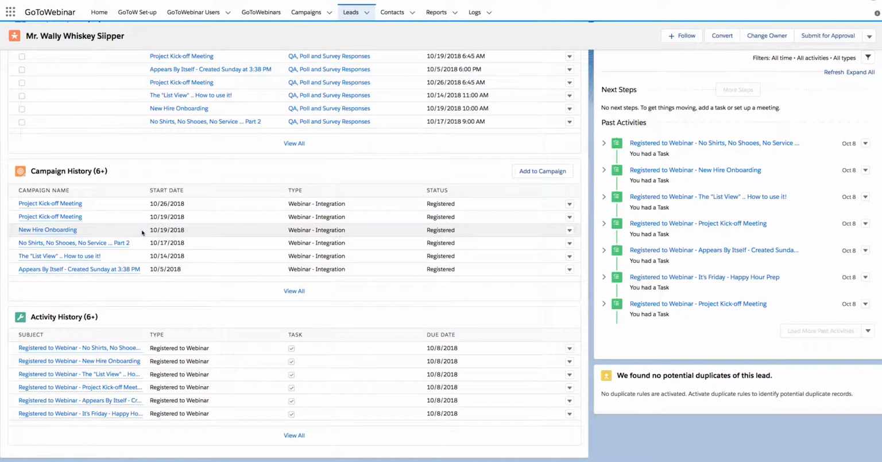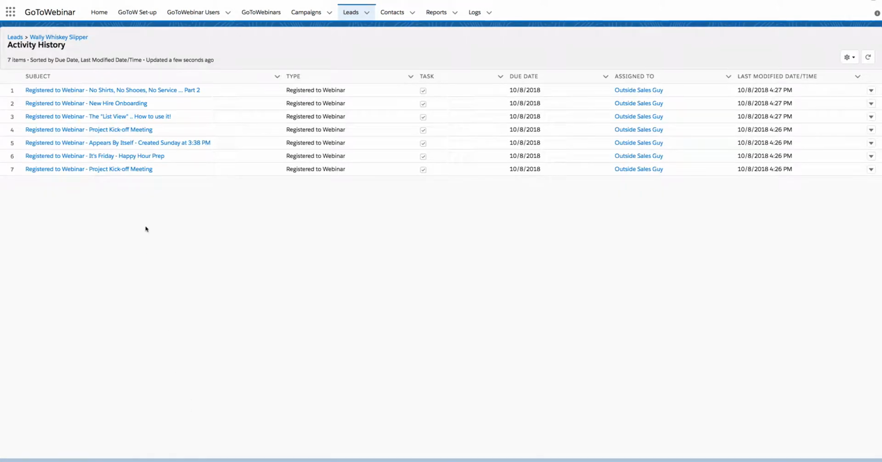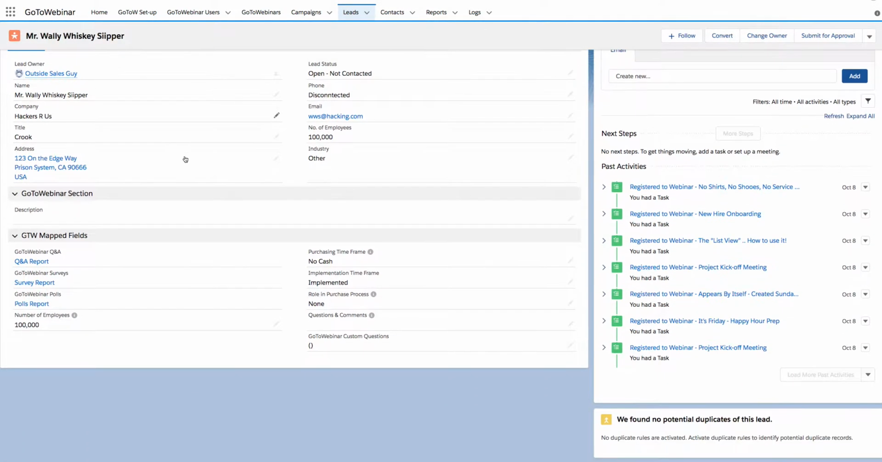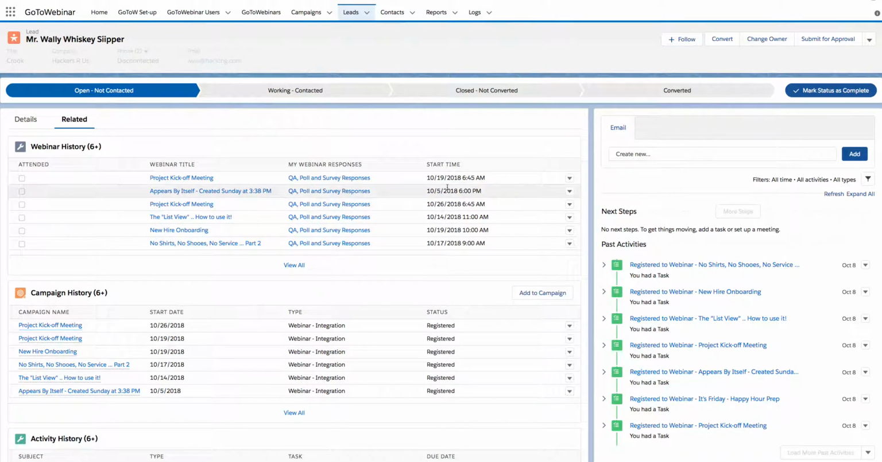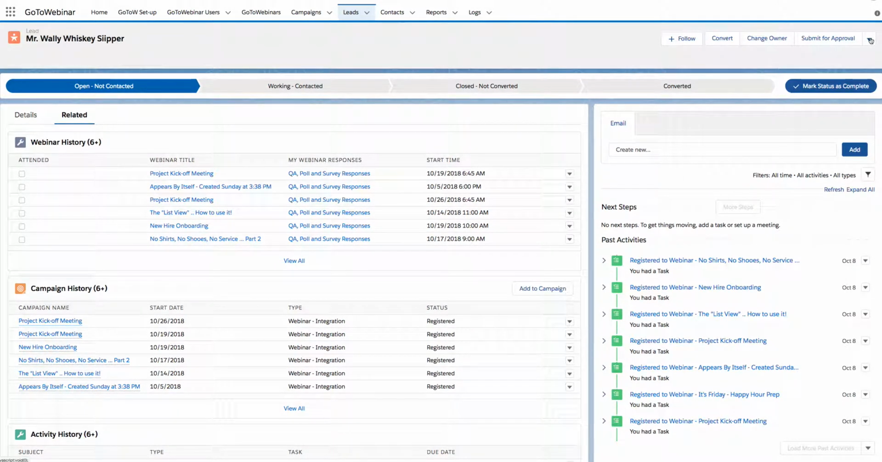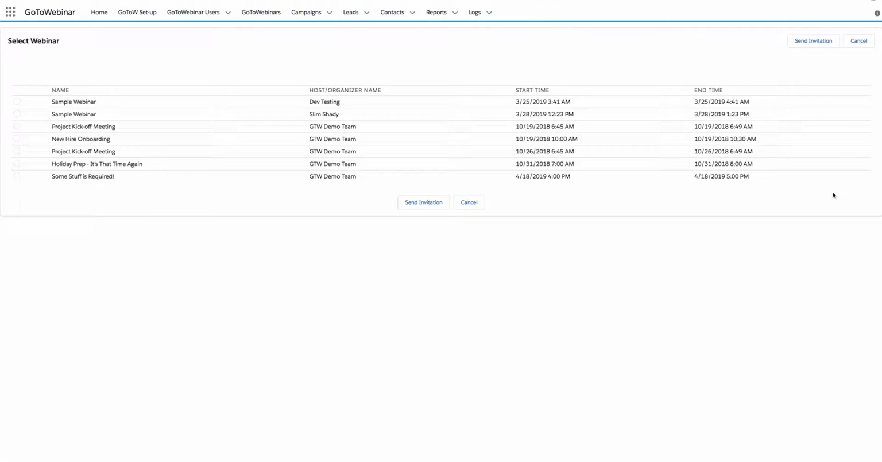And as I perform either of those functions, then I'm going to have some activity history. So I should be able to see, in this case here, I've only registered this particular lead for a webinar. And why don't we go ahead and invite one just so we can see what that functionality looks like. So if I come back over here to this button and I click on invite this lead to a webinar, then the first thing I'm going to see is a list of the upcoming webinars. So when I select that webinar and I click send invitation,